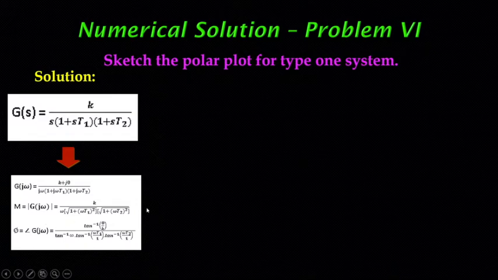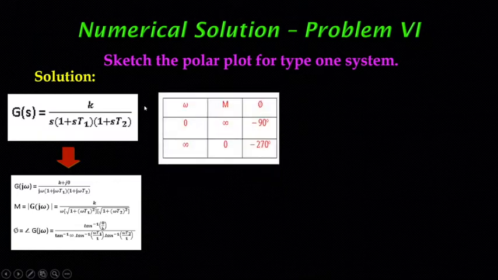So we get this value. And similarly taking angle. Angle equal to tan inverse 0 by K, that means this value is 0. And tan inverse omega by 0, that means tan inverse infinity, 90 degree. And for this part, angle is tan inverse omega T1 by 1 into tan inverse omega T2 by 1. Then taking this table,